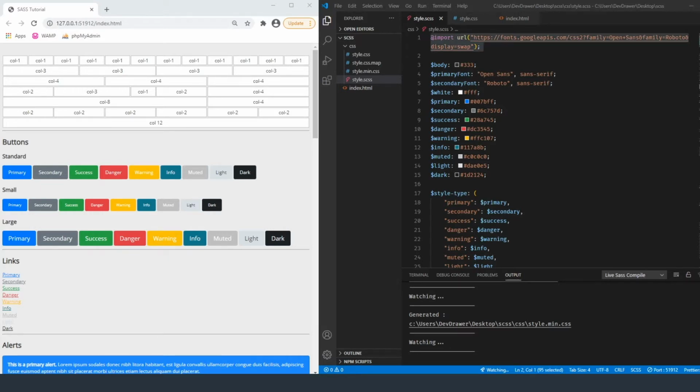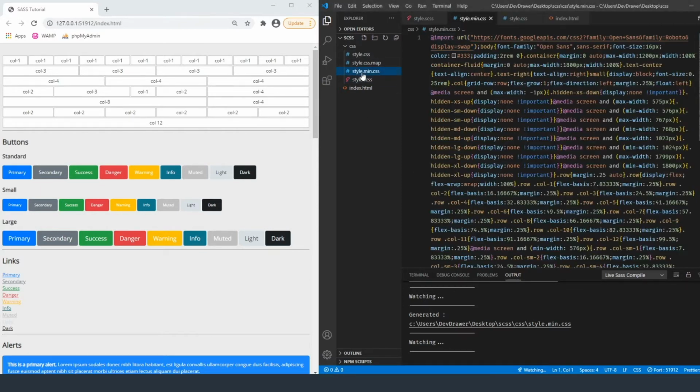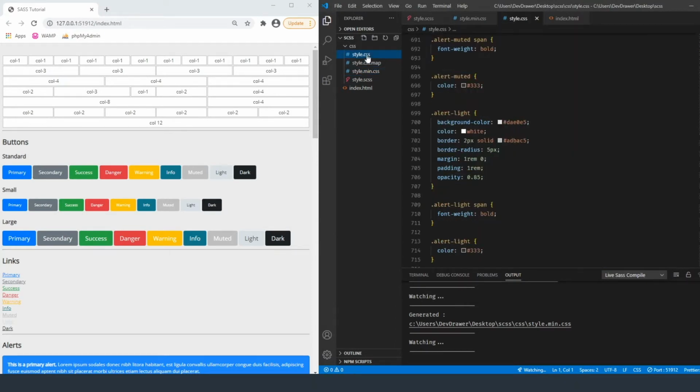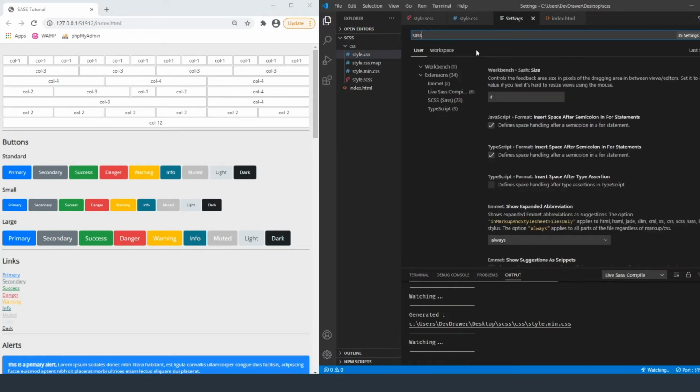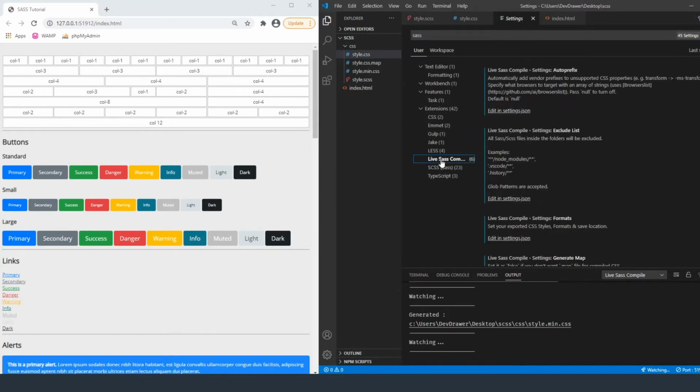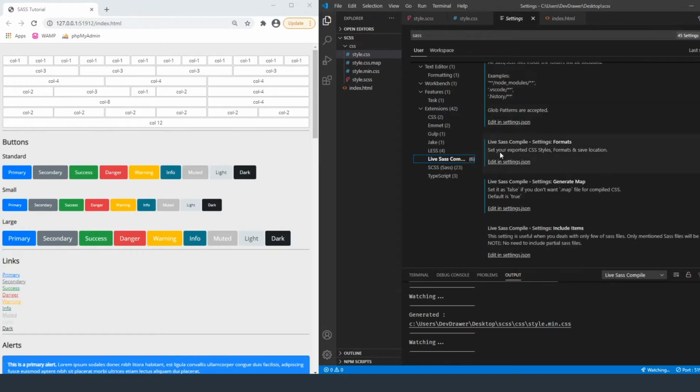Before we dive too far into how to break these up, I want you to take a look at something. In the last video, I showed you how to create the style.css. But as you can see here, it's generating a style.min.css, which is the minified version of our style.css, and we didn't create that ourselves. Visual Studio actually created that for us, and I'll show you how to do that. If you go to your settings, and then type in, I believe it's Sass, and then we go to Live Sass Compiler, there is a setting in here